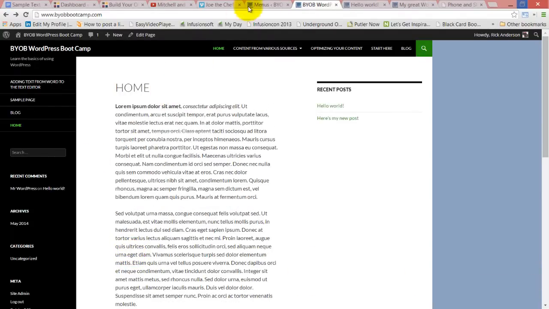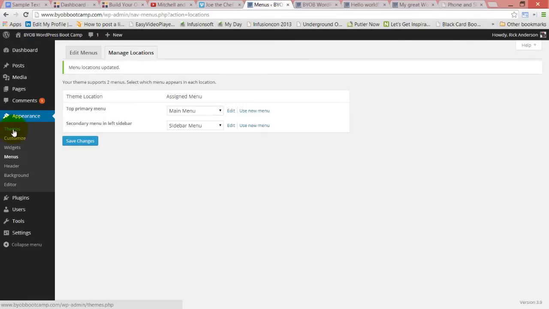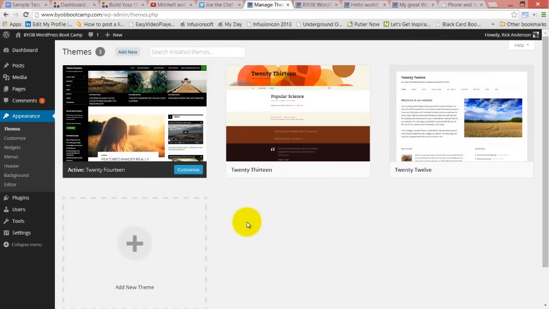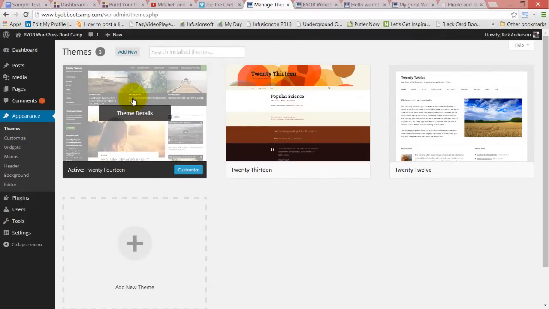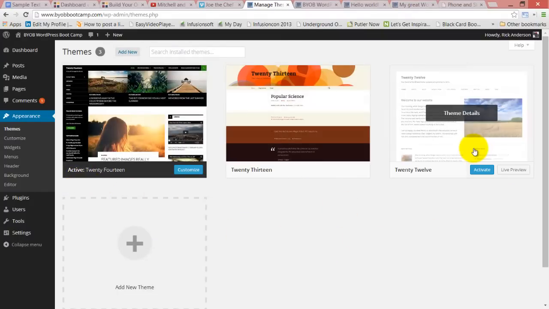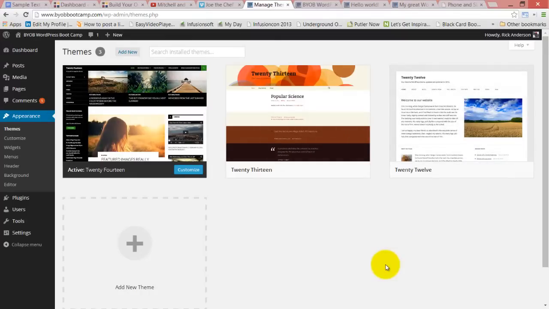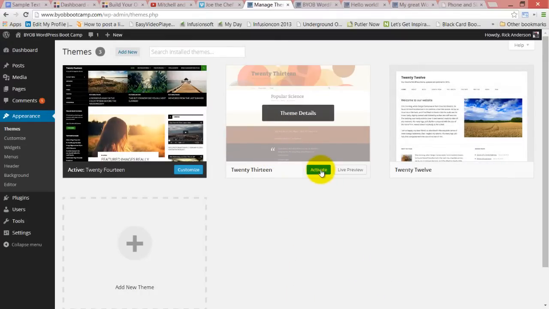Well, let's change it to a different theme right off the bat. We'll come over here to Appearance and Themes. When you come to Appearance and Themes, it shows you the themes that you have installed. So we have 2014, which is active. We have 2013 and we have 2012. These three were all installed when we installed WordPress. Now we can activate 2013